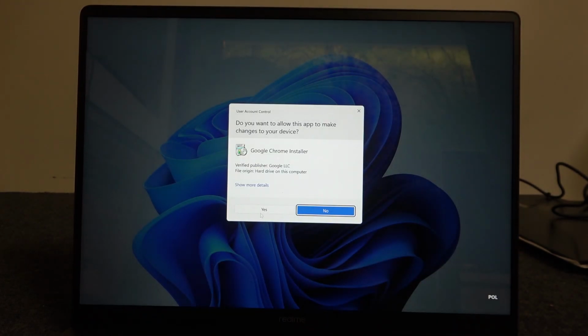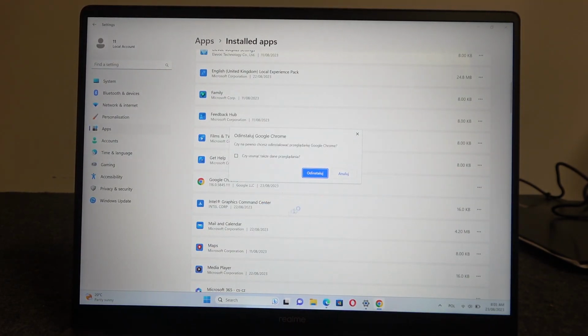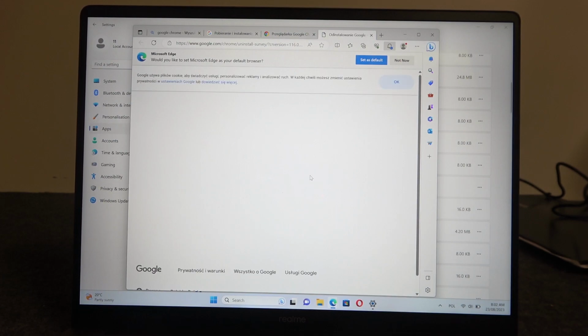And depending on which app you're trying to uninstall, things might change. So here's a different setup uninstalling process for Google Chrome, and we want to delete everything just like that. And that's it for this